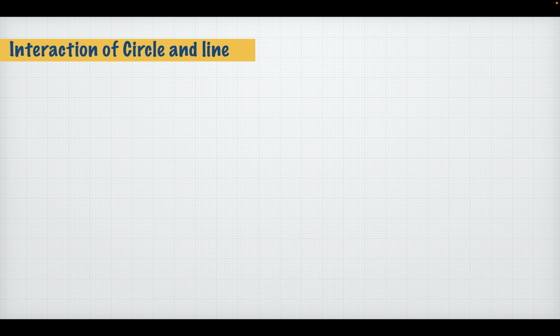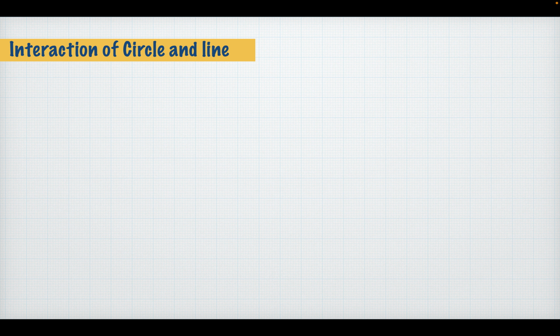But what about a line outside the circle? That's what we are going to learn about in this chapter, how a line outside the circle and a circle interact and what are the properties associated with them. But before we dive into the chapter, I want to cover some basics so that you have a good grasp over the terms we use in this chapter, so you know what we are talking about. So the first is